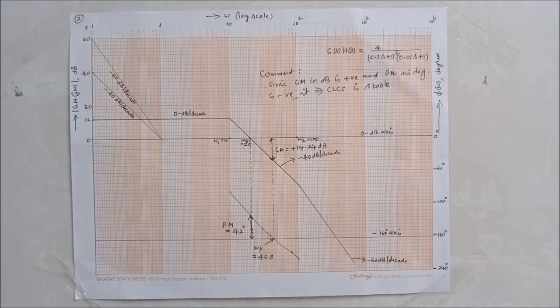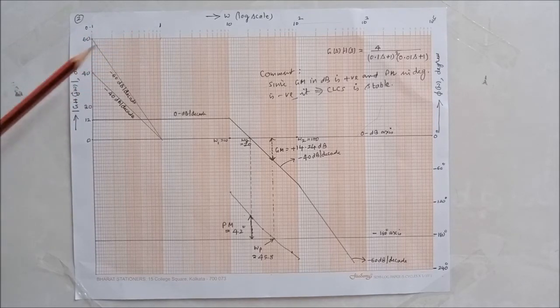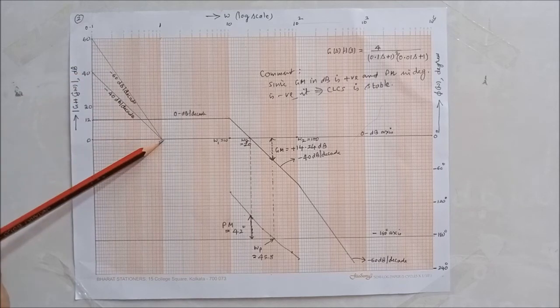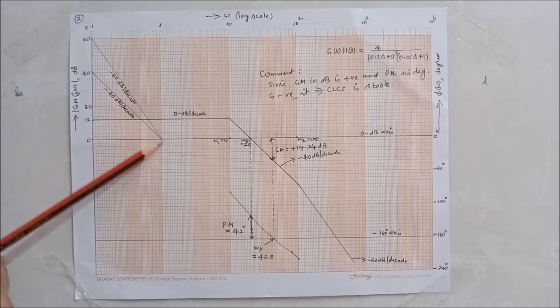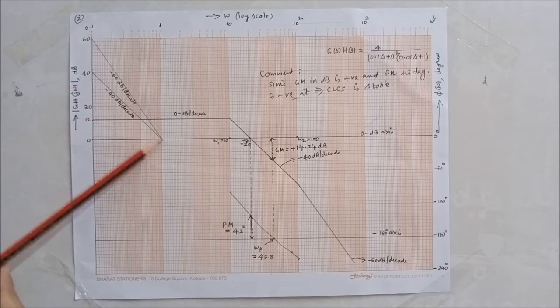The convention for gain margin is opposite to the convention of gain. Please keep that in mind. So this is 0 dB, 20 dB, 40 dB, 60 dB. Correct? The frequency range starting at omega equal to 0.1, ending at omega equal to 1 is called a decade. So if you join 40 and omega equal to 1, you get a reference straight line of slope equal to minus 40 decibels per decade.